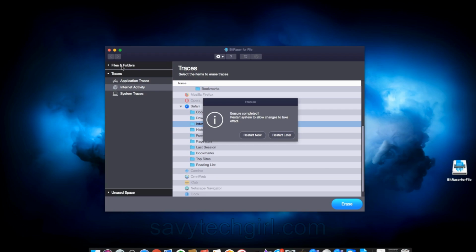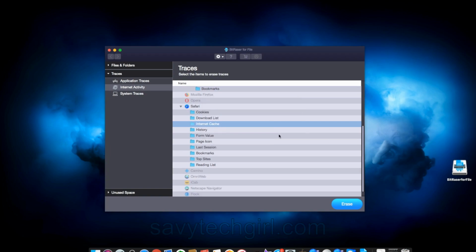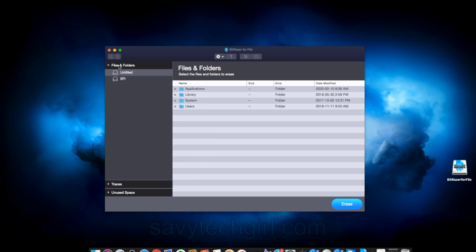Restart system to allow the changes to take effect. So I'm going to click on restart later, but you just need to remember that in order to complete the process, you are going to have to restart the system. So if I go back up to my files and folders, I'm going to go under my applications,